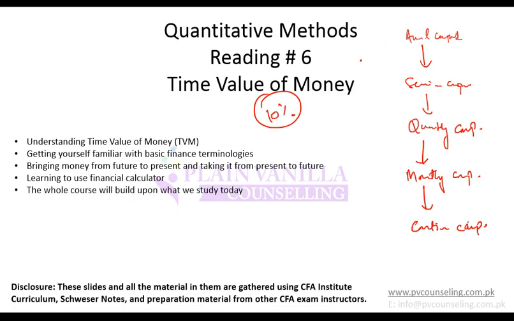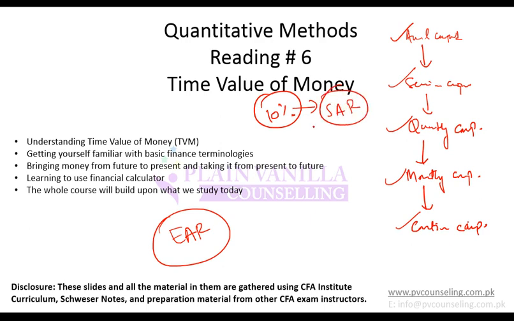Your actual return can very well be different from the stated rate depending on the compounding. So the stated rate would give you the same actual return if it is annual compounding, but a higher actual return if it is semi-annual, higher if quarterly, much higher if monthly, and the highest if continuously compounded. So now the question is how do you calculate that actual return or actual rate? That actual return is known as the effective annual return or effective annual rate. So this 10% is the SAR, stated annual rate, and the actual return that I get is known as the effective annual rate, EAR.